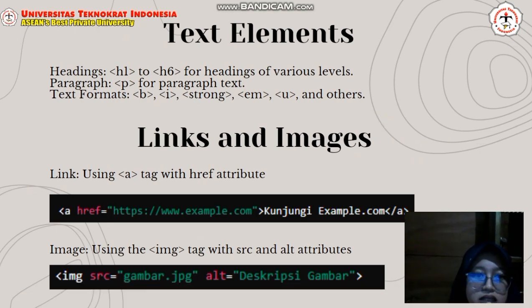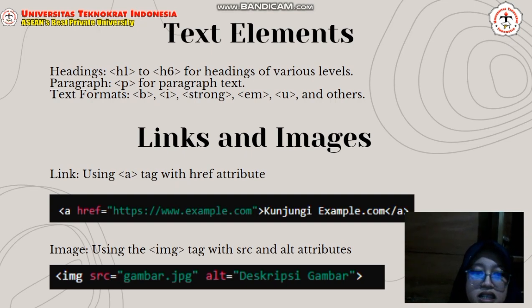Text elements: heading, H1 to H6 for headings of various levels. Paragraph, P for paragraph text. Formatting, such as bold, strong, em, and others.